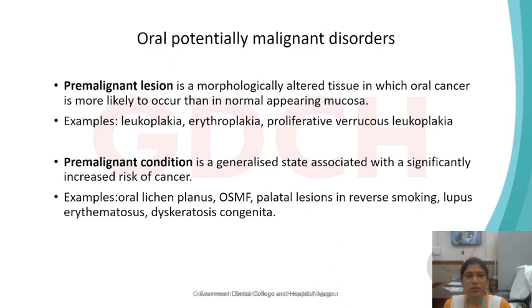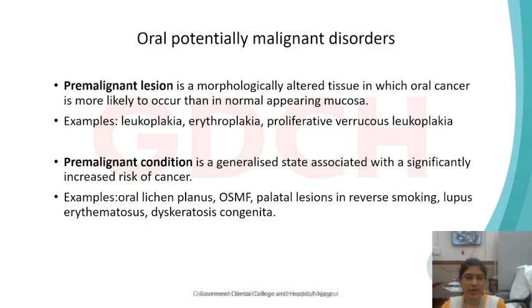Firstly, we should understand what the oral potentially malignant disorders are. There are two terminologies under this head: the pre-malignant lesion and the pre-malignant condition. Under the pre-malignant lesion, the examples are leukoplakia, erythroplakia, and proliferative verrucous leukoplakia. They are lesions which are morphologically altered, in which oral cancer is more likely to occur than in the normal appearing oral mucosa. Whereas the pre-malignant condition is a generalized state which is associated with a significantly increased